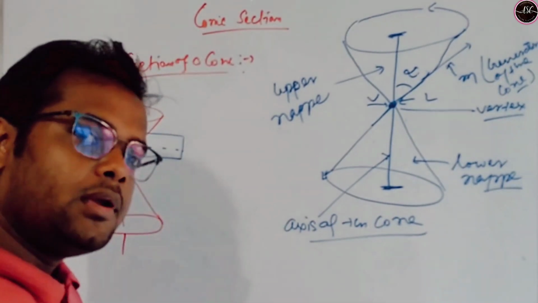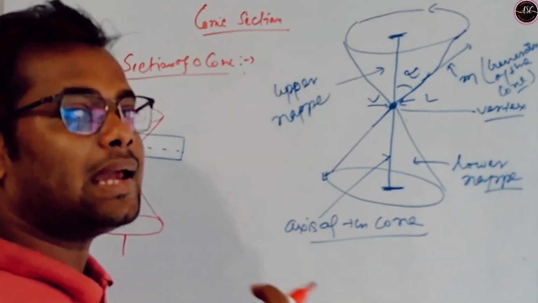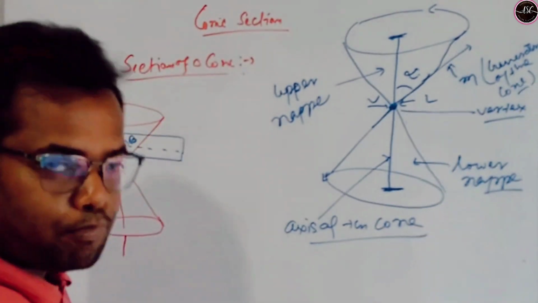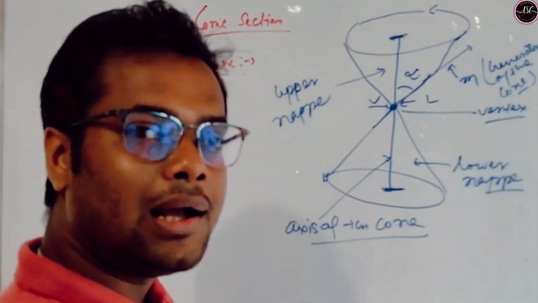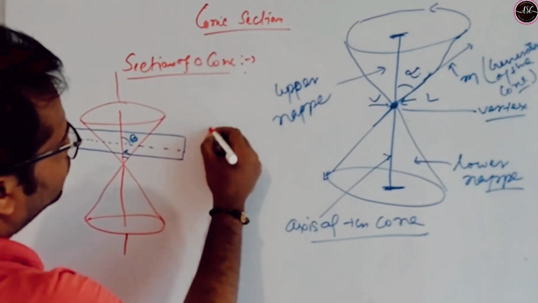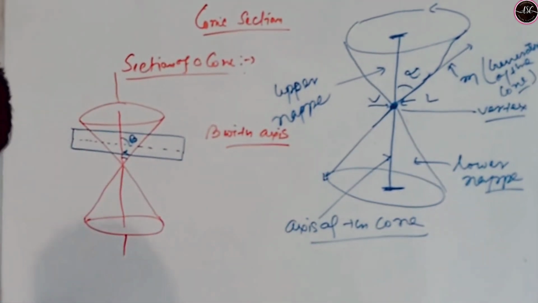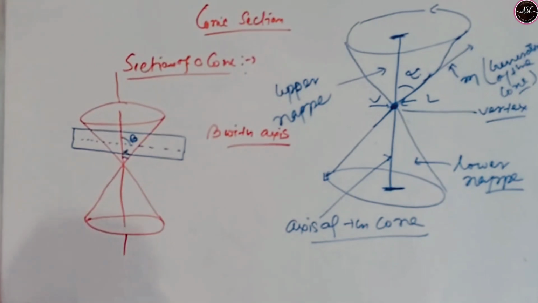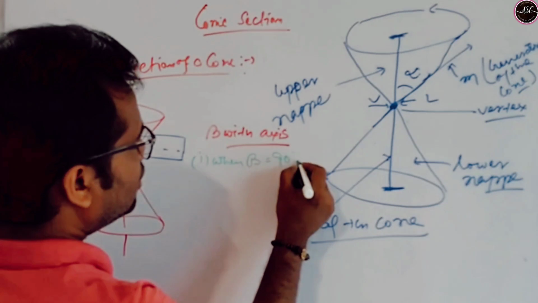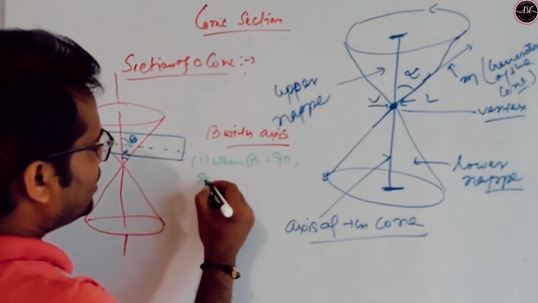If the value of beta is 90 degrees with the axis of the cone, then what will be the curve? If beta is less than 90, what will be the curve? So there are some types. Just see. Beta with axis, what will be the value? When beta equals 90, that means perpendicular to the axis, then the section will be